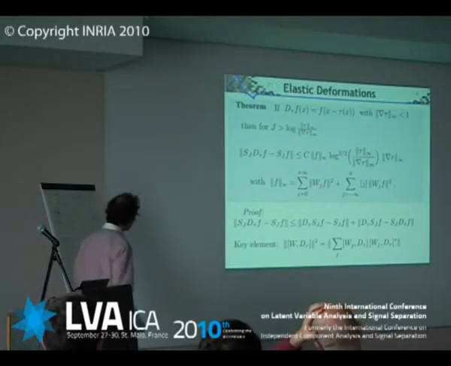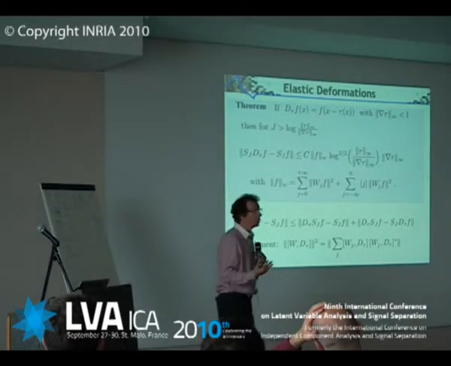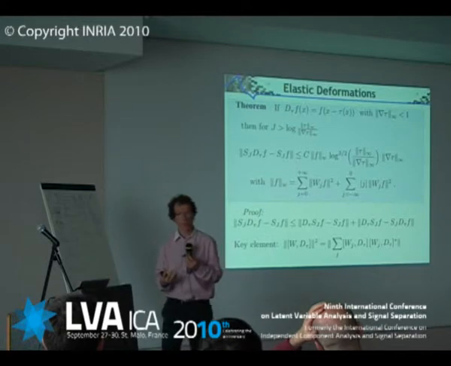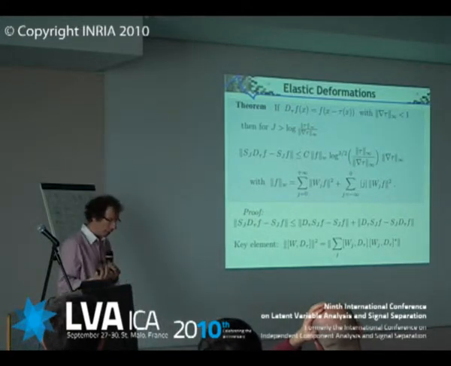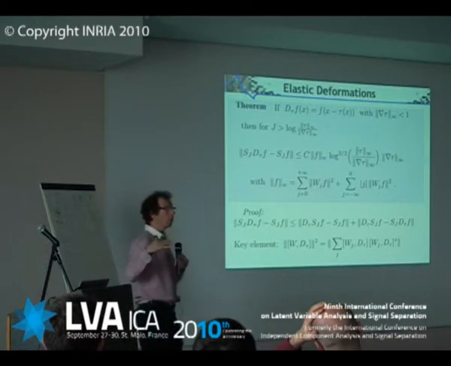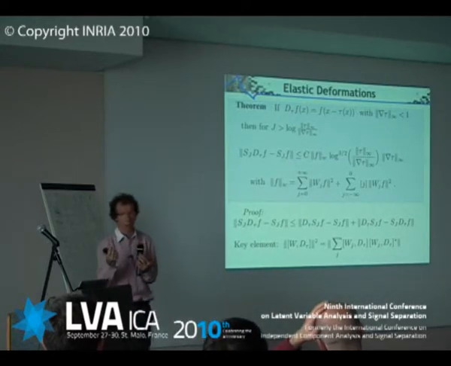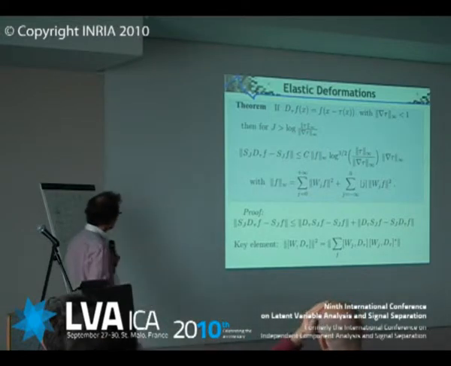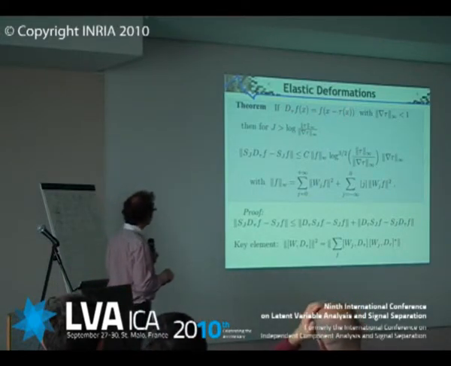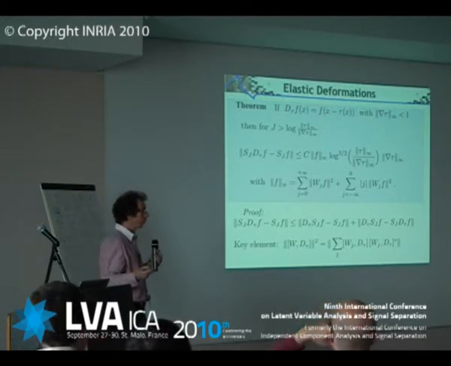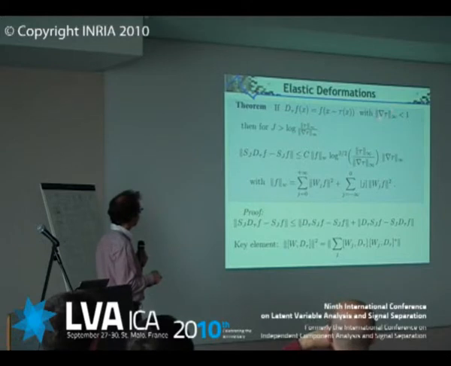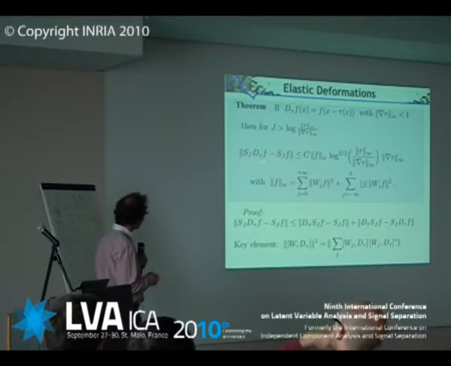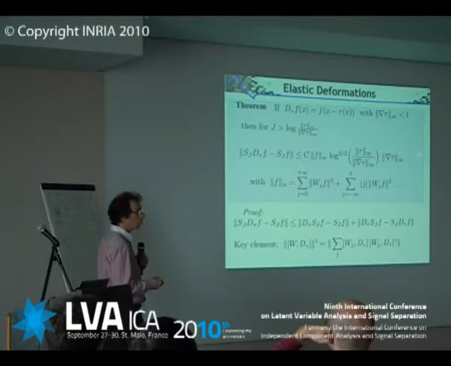But that's not really the core thing. The core thing really is stability to elastic deformations. Now, why do I have a hope to have this stability? Because what we did here is a cascade of the wavelet transform. And the wavelet transform is stable relatively to elastic deformation. And that's the core result, which tells you, if now you have a deformation, now tau depends upon x. So you have a certain deformation given by this elasticity term. If the scale is sufficiently large, and you look at the distance, it is basically going to be proportional to the gradient of tau, so basically proportional to the elasticity term.